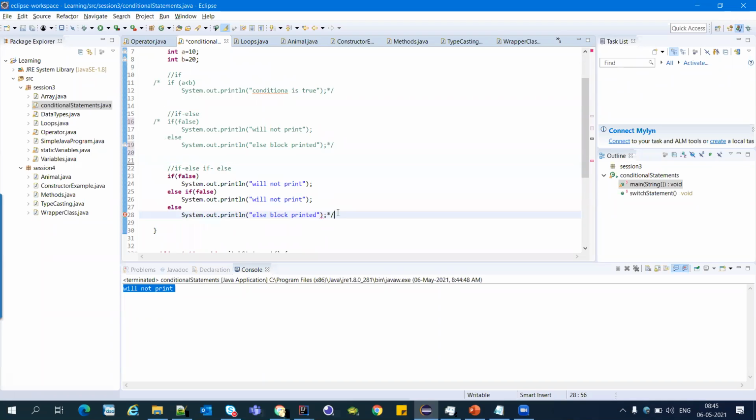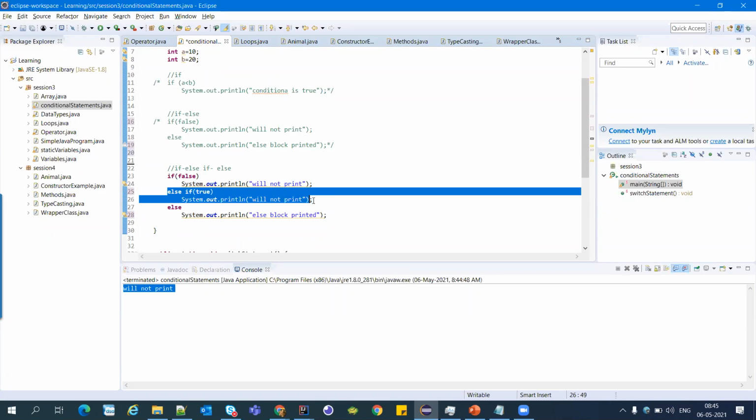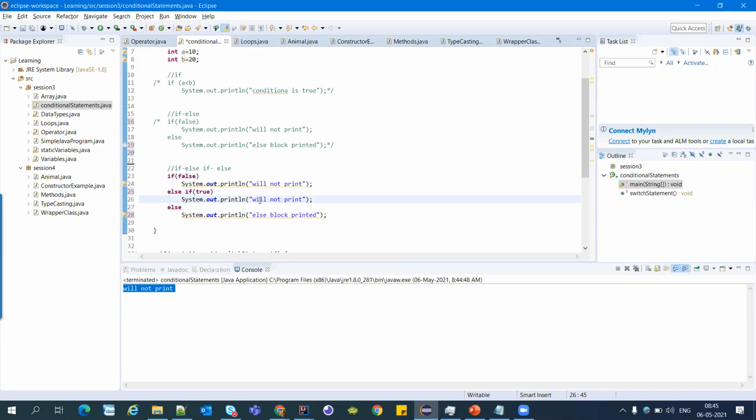If you have more than two conditions, when we want to choose from multiple conditions, then we can use this block: if, else if, and then else. I will make this if condition true. So this will print this block, and the System out in the other blocks will not be printed.